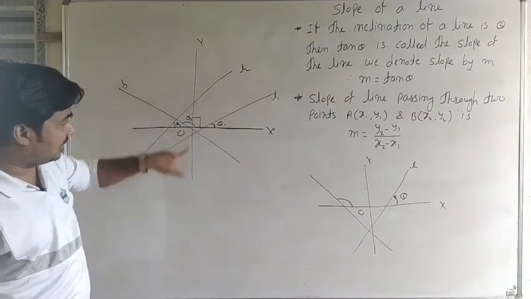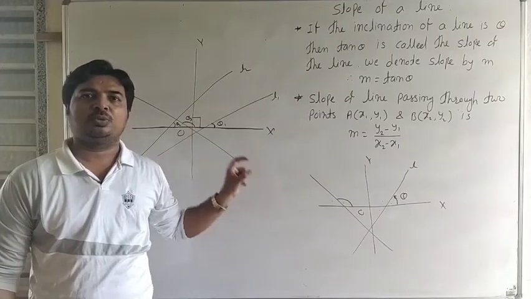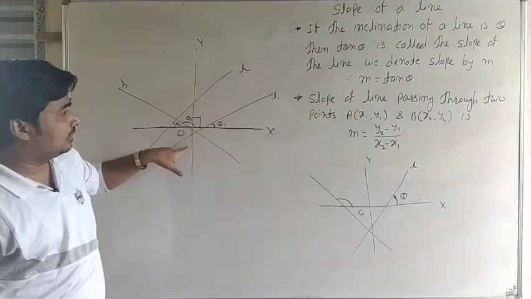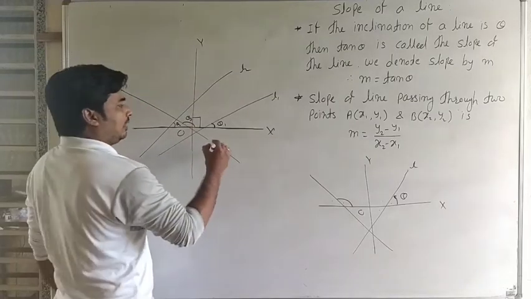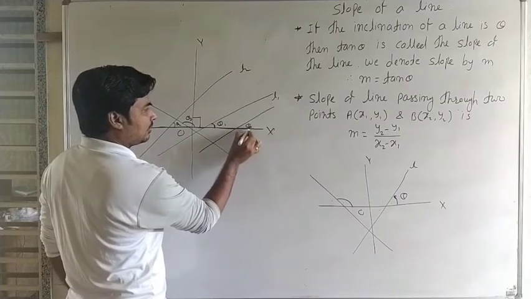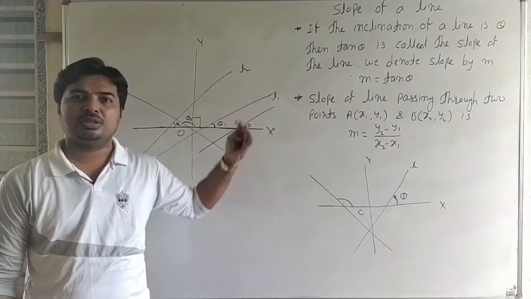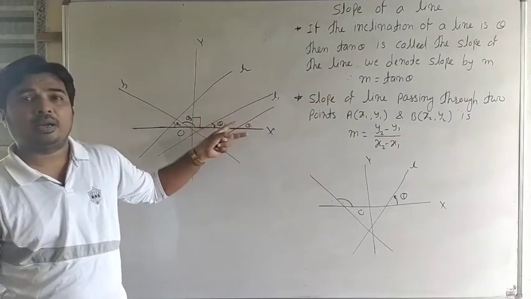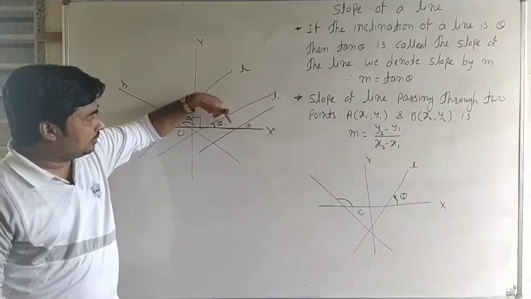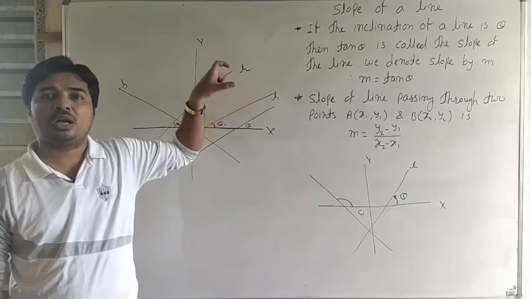ओके, पण exact perpendicular to the x-axis means angle between line and x-axis it is a 90 degree. Therefore slope cannot be determined. Okay, see carefully it is. Okay, here and the slope of two parallel lines. Here these two lines are parallel, therefore it is θ1, therefore it is also θ1. Then inclination of two parallel lines it is the same, therefore inclination same, therefore it is a slope same. That means the slope of two parallel lines it is the same. Okay, we can write the note. Okay, then if two lines are parallel then their inclination is same, therefore their slopes are equal.